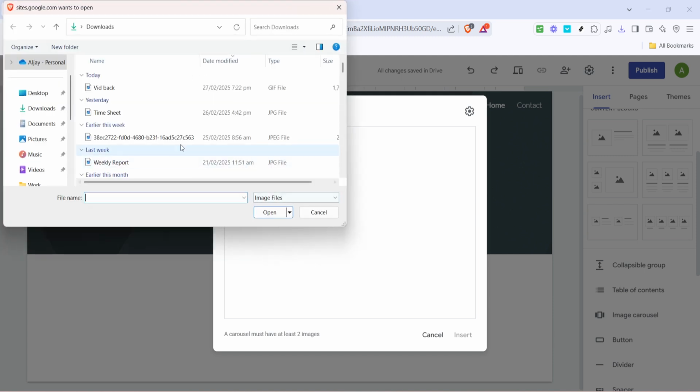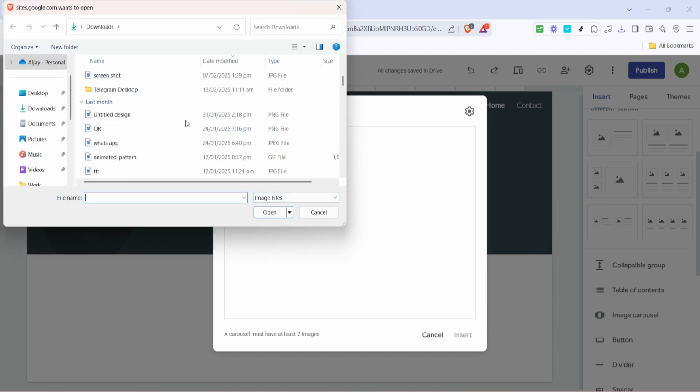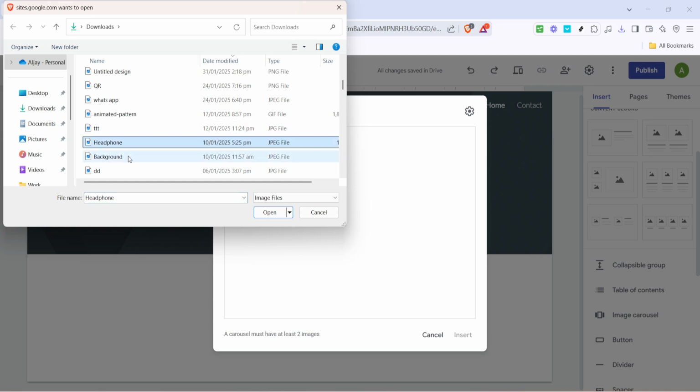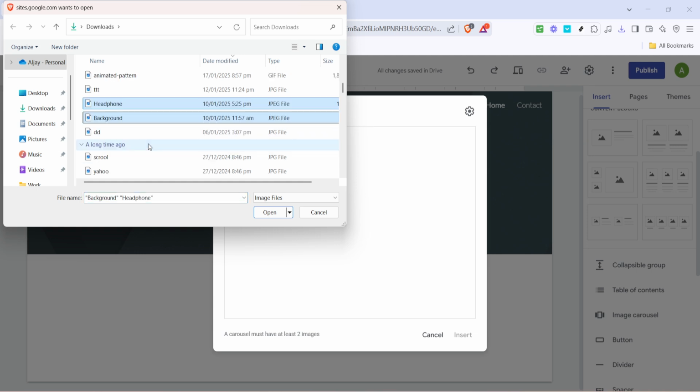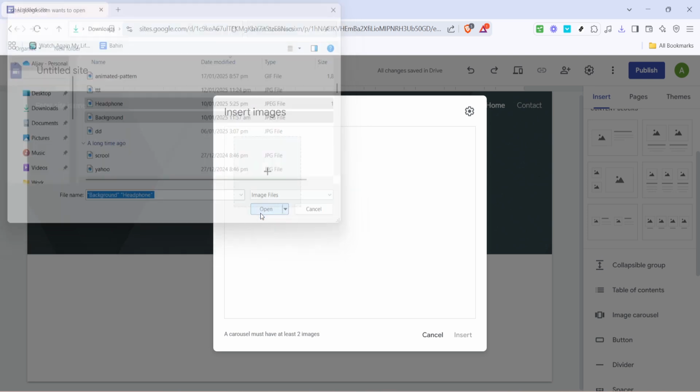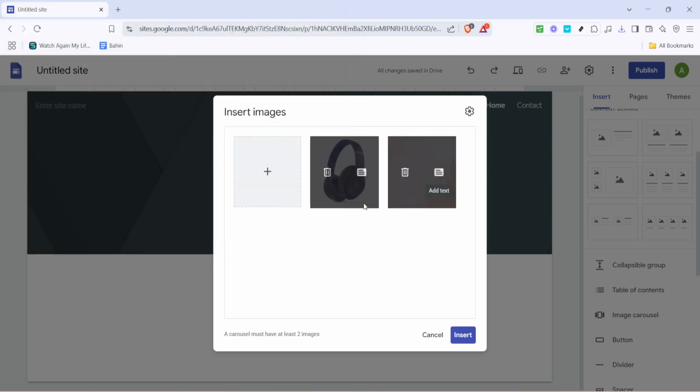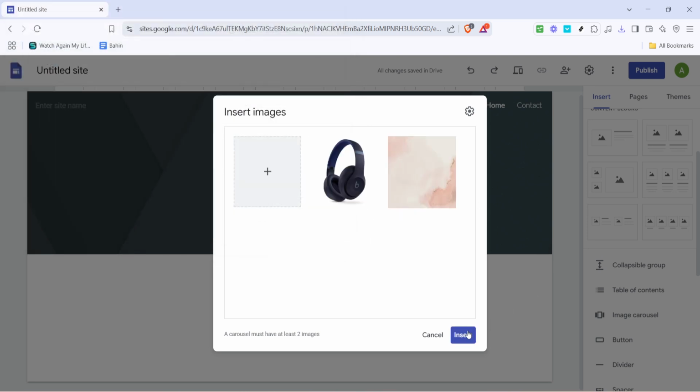Click on Upload Image. From here, you'll be prompted to select images from your computer. Choose the images that best represent the theme or purpose of your site. Bear in mind that there's no limit to how many images you can add, so feel free to select a variety. If your images are large in size, consider optimizing them first to ensure that your site remains fast and efficient.